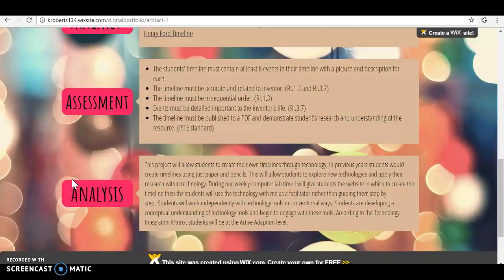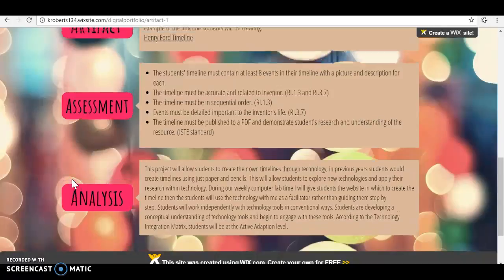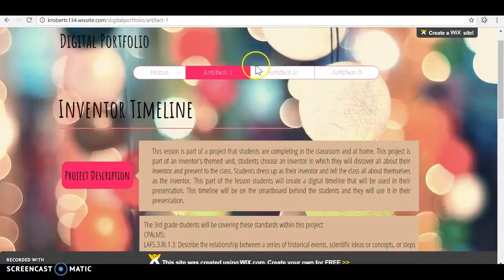According to the technology integration matrix, students will be at the active adaptation level. Students will be facilitated through the timeline, but they will be the ultimate producers of it. And they're going to be working with technology and putting this timeline together on their own. My second artifact